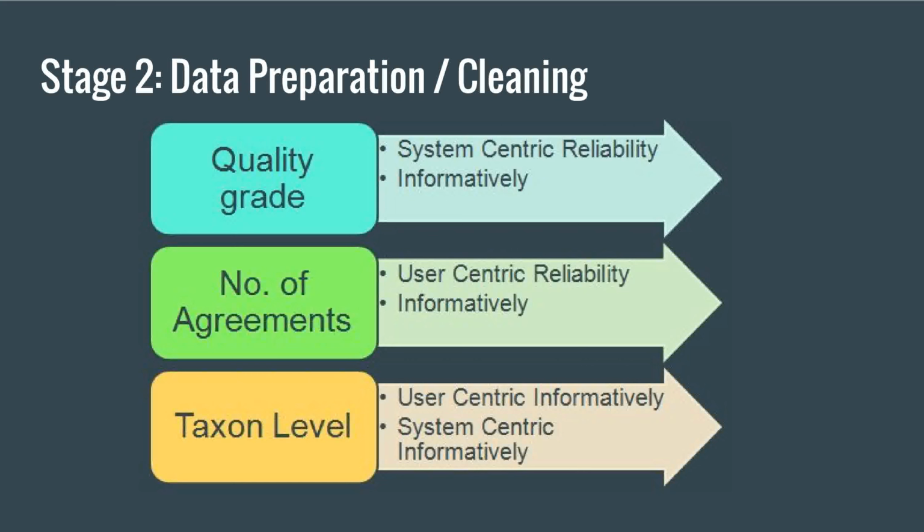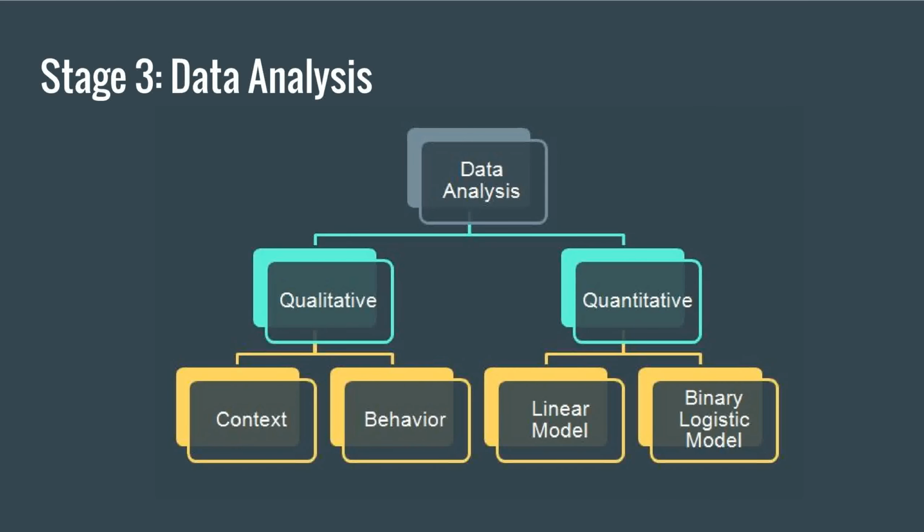Three dependent variables, namely quality grade, number of agreements, and taxon level, were selected. They represented the concepts of informativity and reliability from both the user and the system perspective. The next stage was qualitative and quantitative analysis of data. The authors used the data retrieved from iNaturalist and tried to understand the context and behaviors that resulted in those